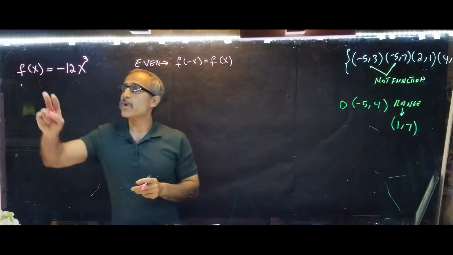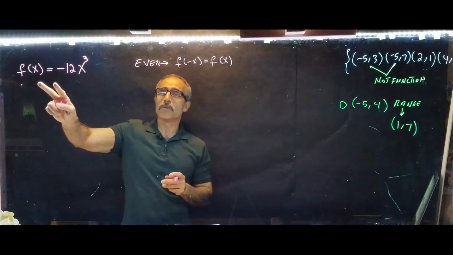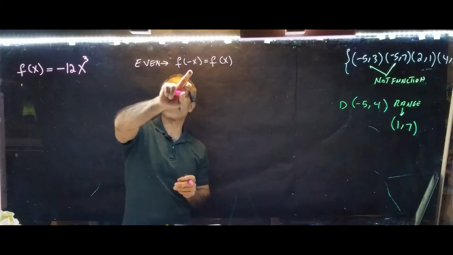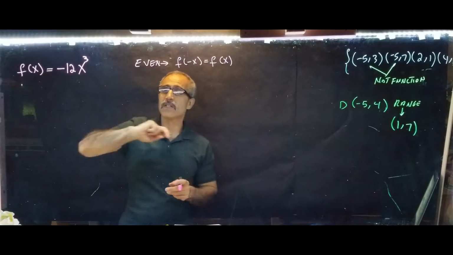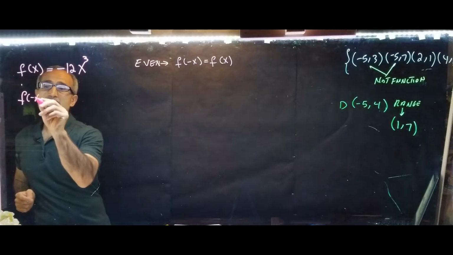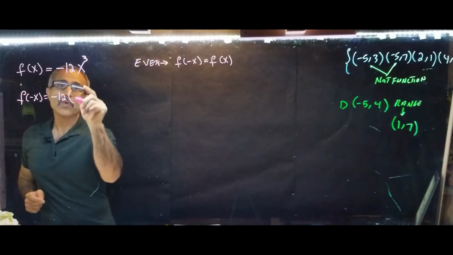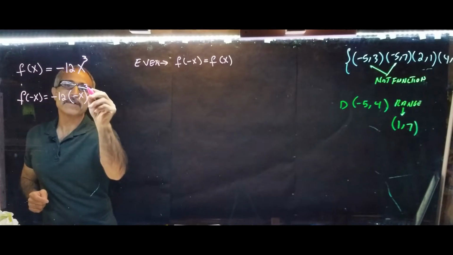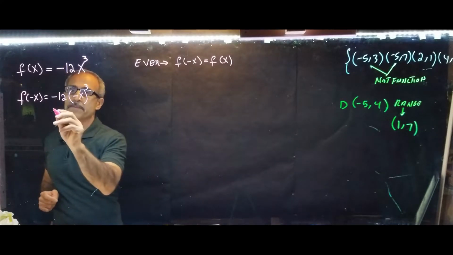We already have f of x. We know what that f of x is, right here. But we want to know what f of -x is. That means wherever I have x, I plug in -x. So f of -x is equal to -12, and wherever I have x, I put -x in there and cube it. To simplify this, it's going to come out to